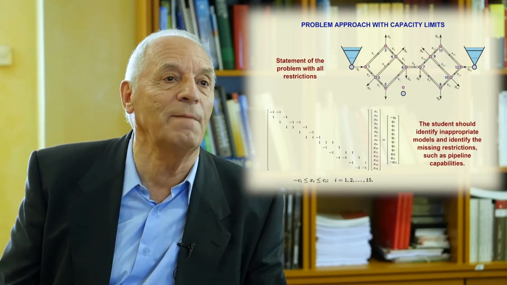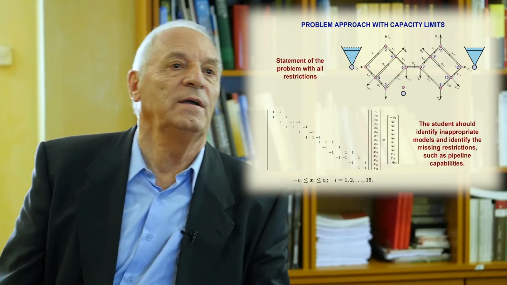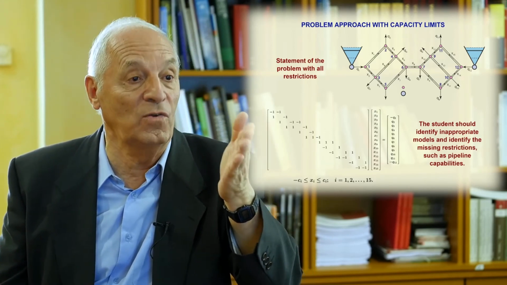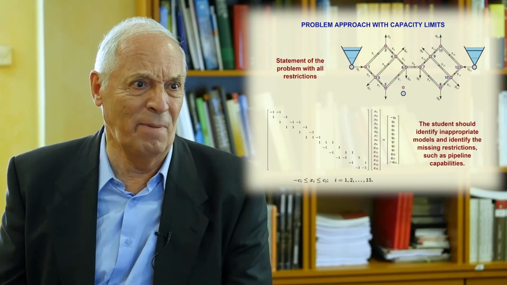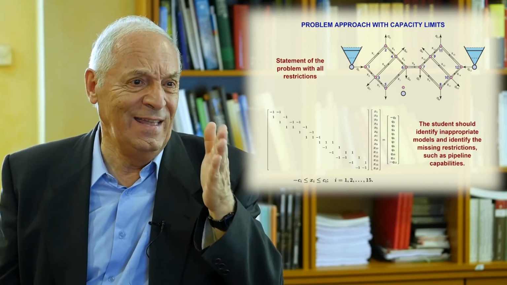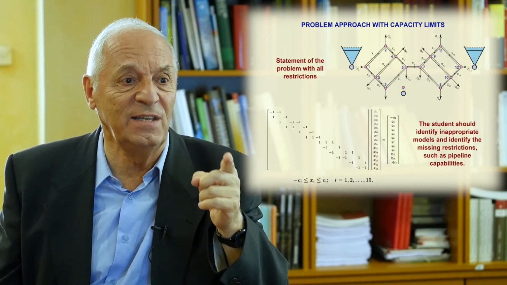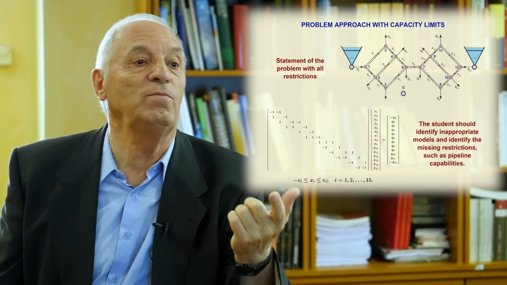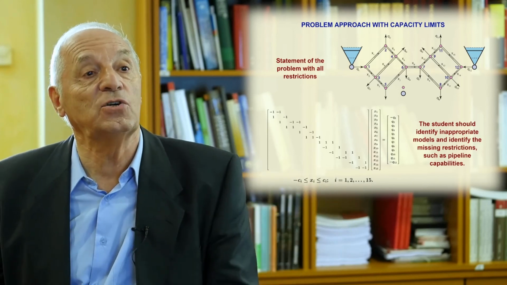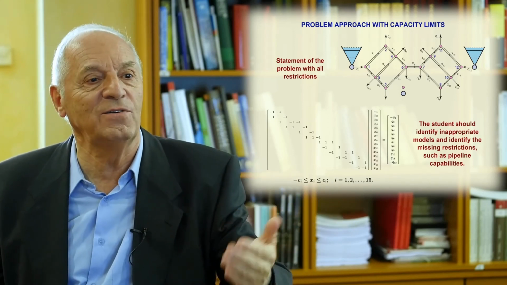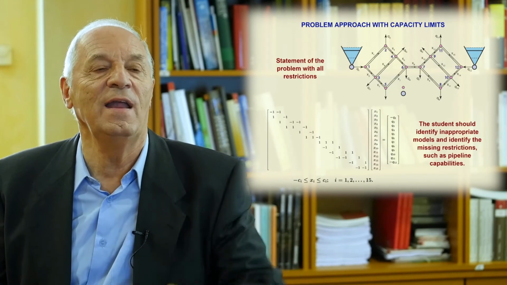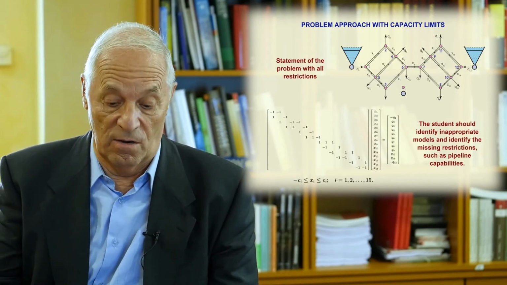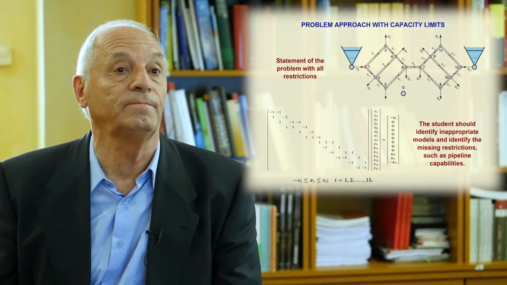So the problem is that we have a mathematical problem that does not correspond to the real case, and we need to limit the capacities of the pipes. Then we need to add that for any pipe, xi, the amount of water circulating in that pipe, should be less than the corresponding capacity ci. And if the water is circulated in the contrary direction, it should be larger than minus ci. So I need to add to the previous equations these inequalities, and then what I get is not a system of equations, but a system of inequalities.